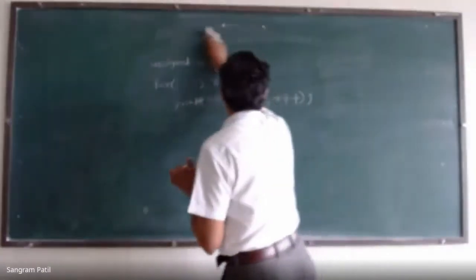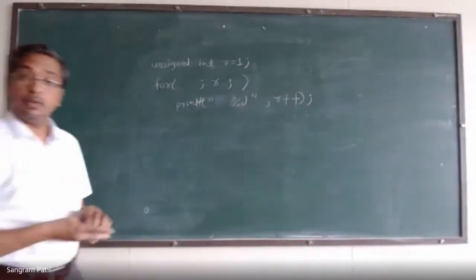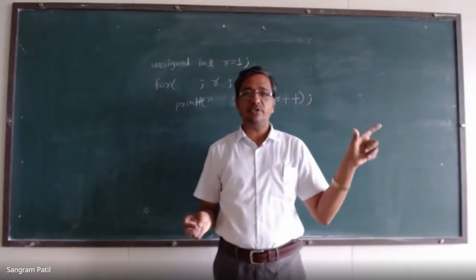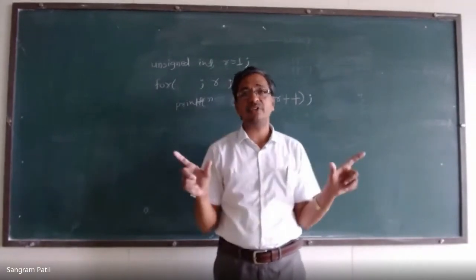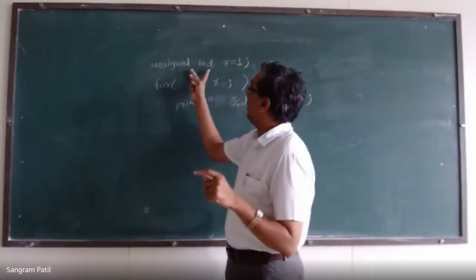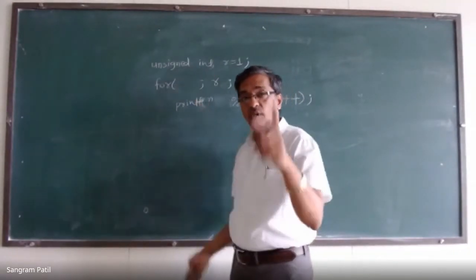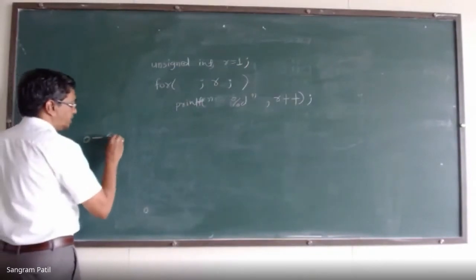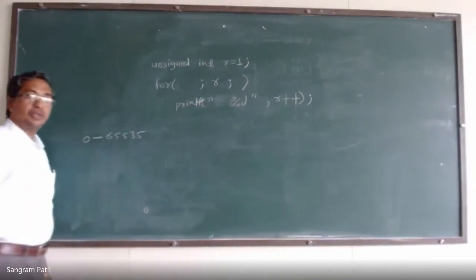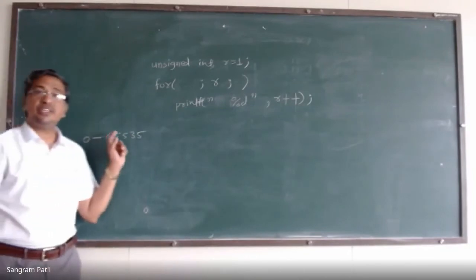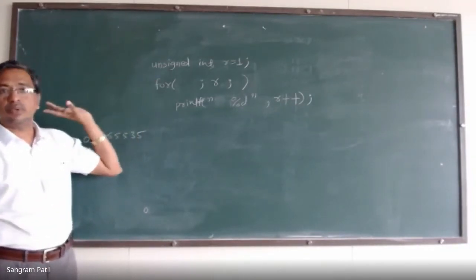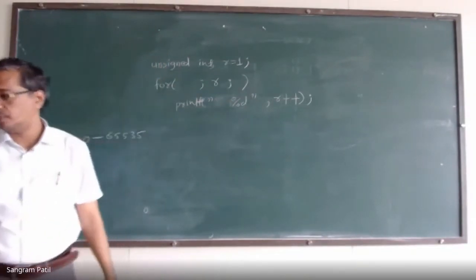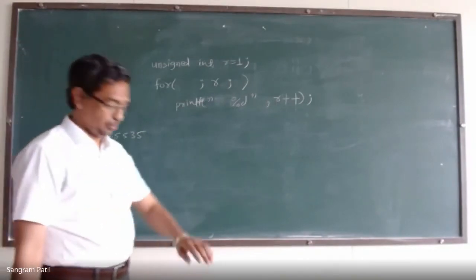When you declare a variable as an integer, the value may be positive, the value may be negative. So it ranges from minus 32768 to plus 32767. But when you declare a number as an unsigned integer, it is always a positive number, and it ranges from 0 to 65535. Now, if we execute this program, check what will be the output. Try this.